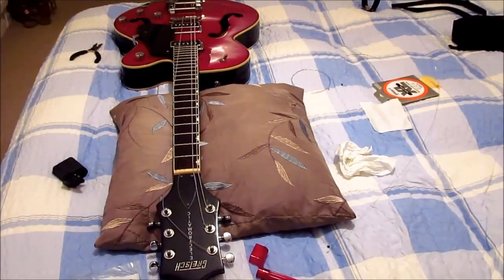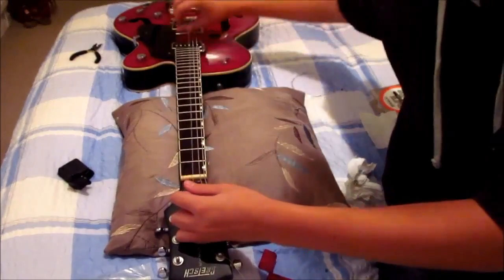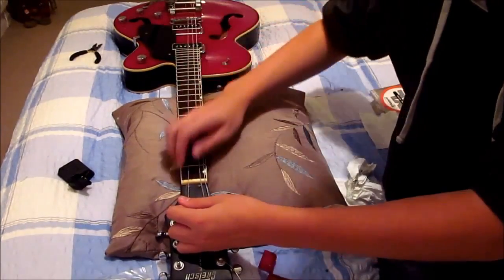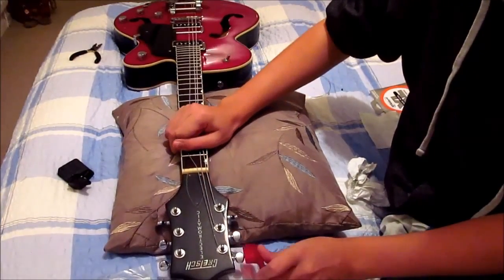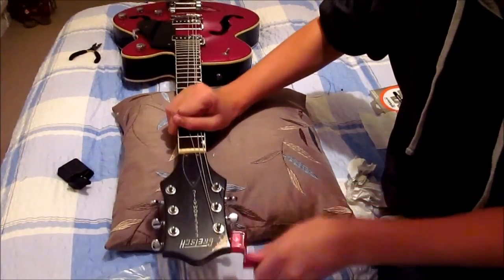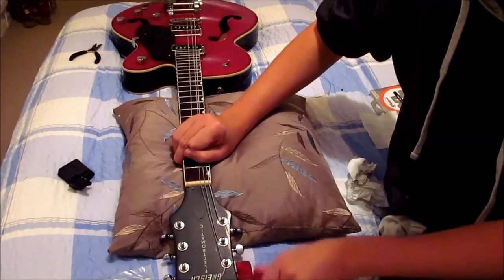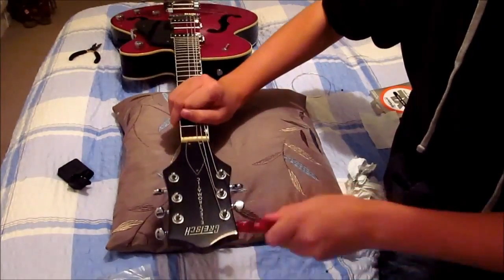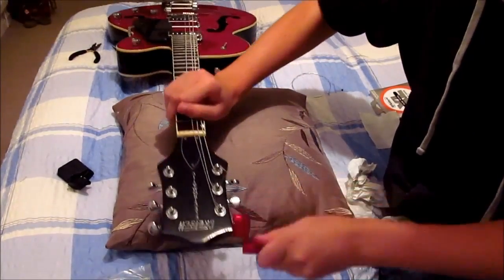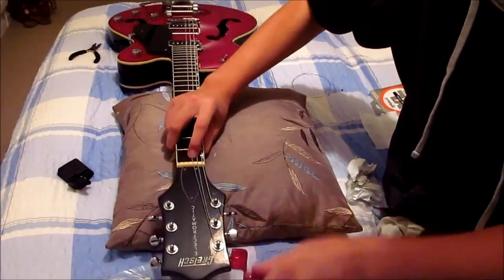Okay, so we're gonna go back into fitting the strings. Right, so what we can do is you need to put it on the bridge piece. And now what we're gonna do, we're just gonna start winding up. You can skip on the video because I'll just be doing all the other strings, just to show what you do. But I might as well just watch this part, because the next part I want to do is the other side,